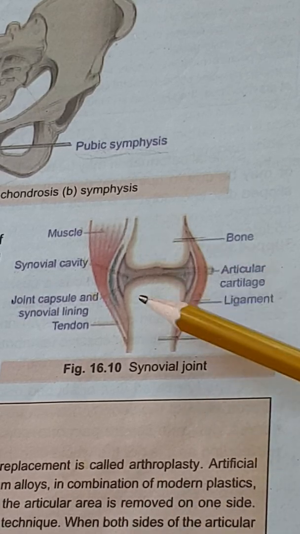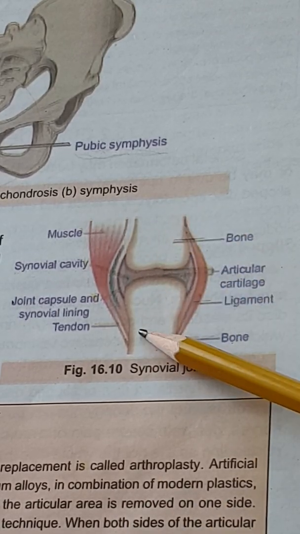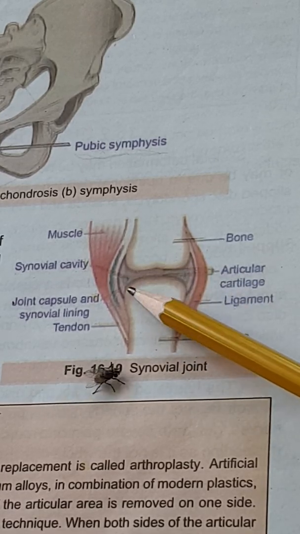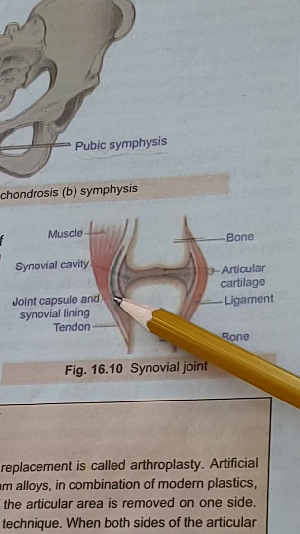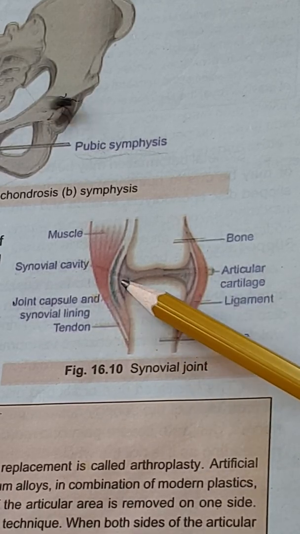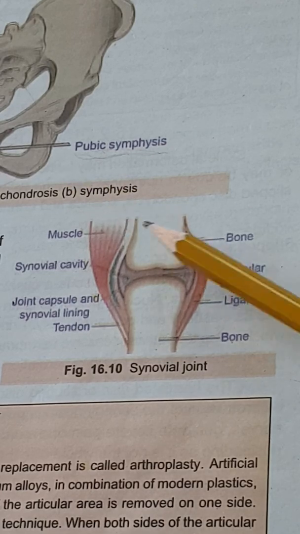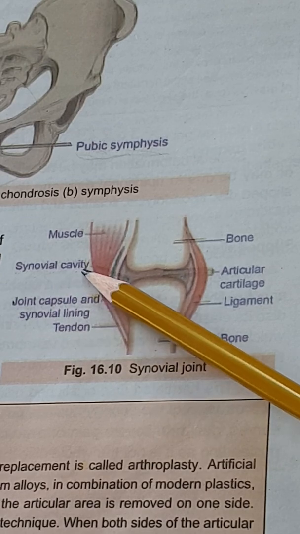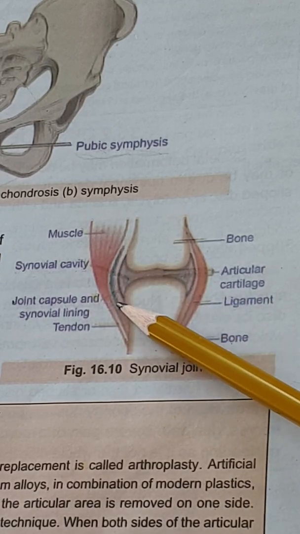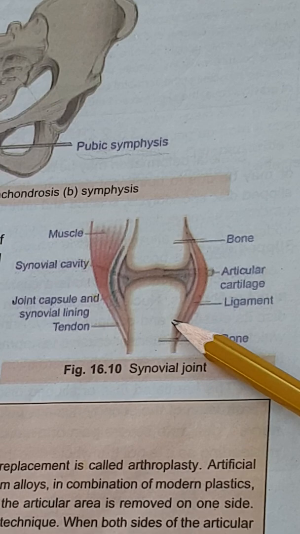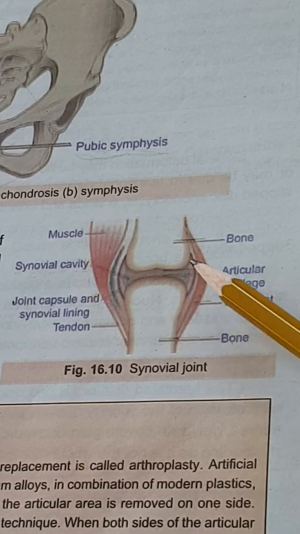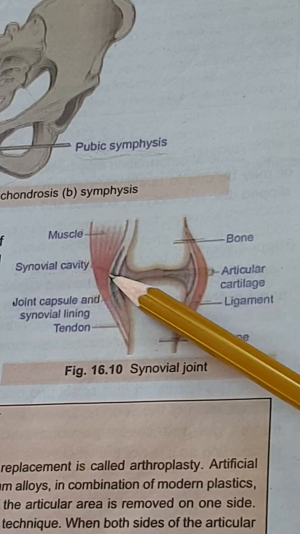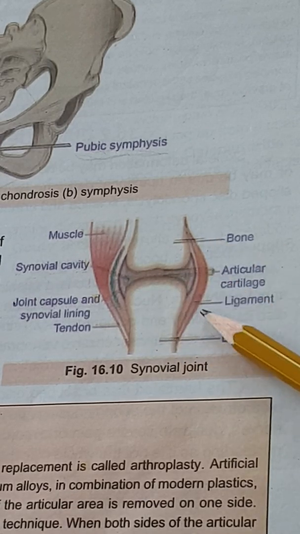These are the two bones which are connected with each other through synovial joint. In between them is a space, and their heads are covered with special cartilage, which is known as synovial cartilage, and the cavity between them is also present, which is known as synovial cavity. Synovial cavity is lined by a small membrane which is known as synovial membrane, and this synovial membrane secretes synovial fluid for reducing the friction between the two bones.